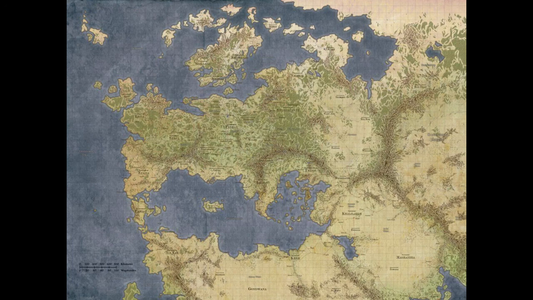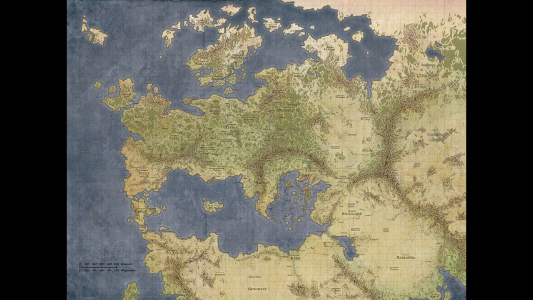So as you can see here, I don't know what world this is. I just thought it was pretty. So you have quite a temperate place in the middle center of the map over here. You can see in the center of the map lots of green fields, lots of verdant lands,